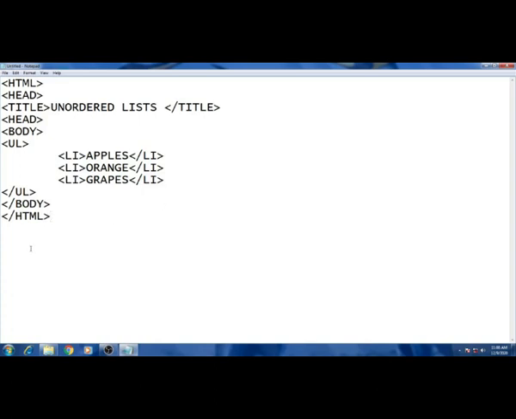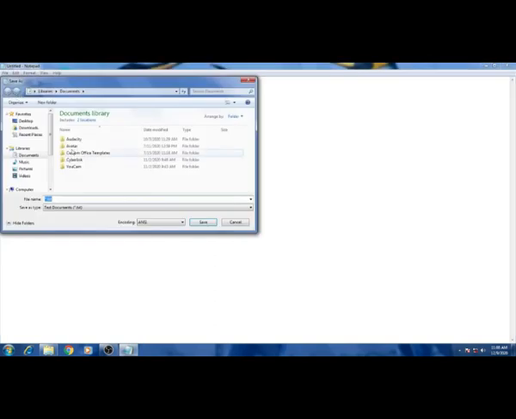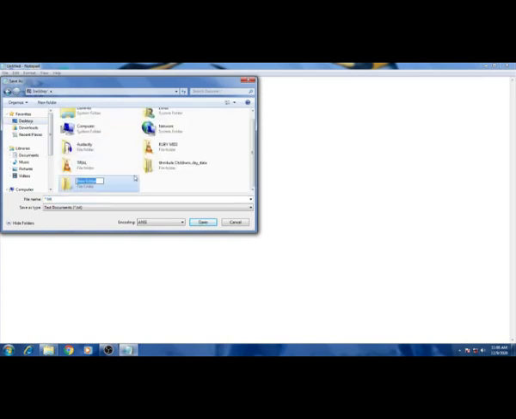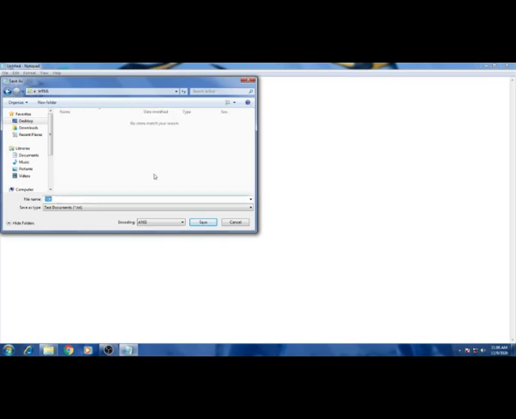Okay, and how can we run this particular one? For that, first of all you have to save this file, using the File, Save option. You can save it anywhere. Let me save it on the desktop itself. I am just creating a new folder. Those of you doing this on your system, do it the same way. Okay, HTML. Open this, and here, inside the folder, you have to specify the file name.